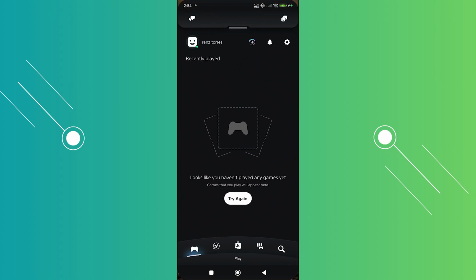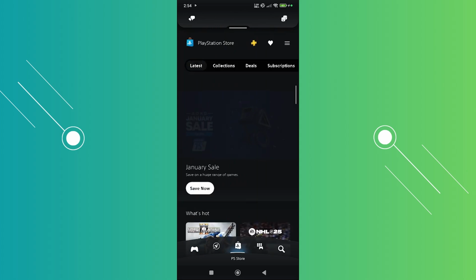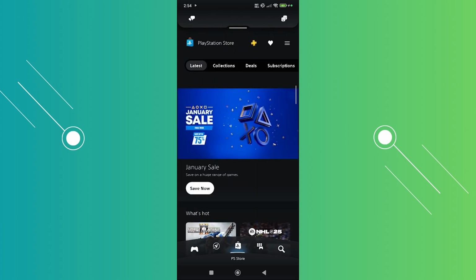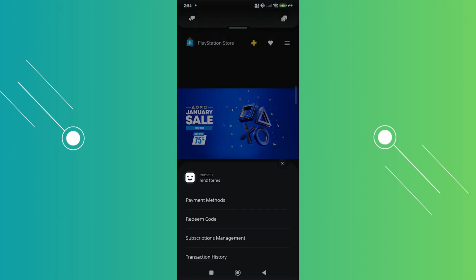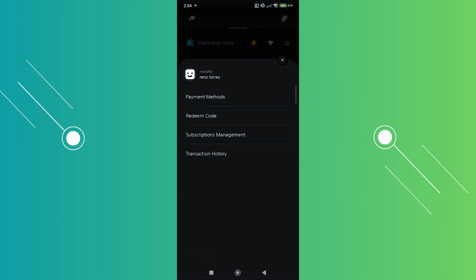So in this case, what we need to do is go to the PlayStation icon that you see at the very bottom here. It's going to be the PS Store. Now, once you click on it, you should be able to see a bunch of buttons. So at the top section here, you have the plus, heart, and hamburger icon. You want to click on the hamburger icon or 3-bar icon here, and you want to choose the payment methods